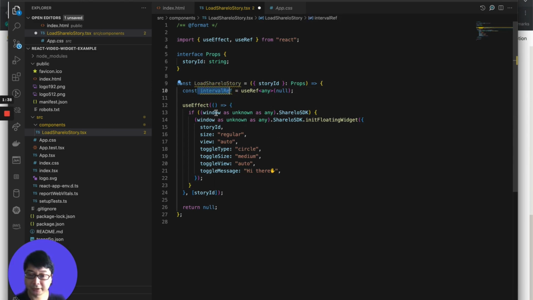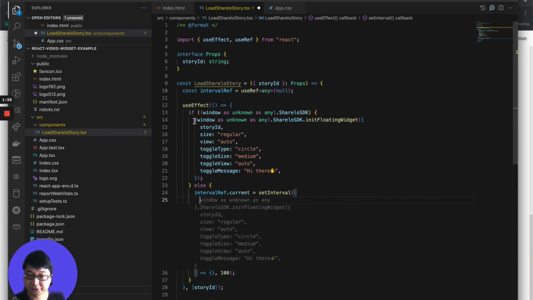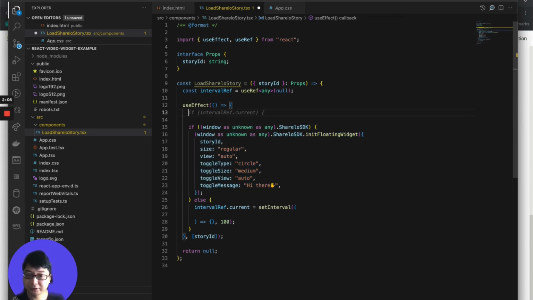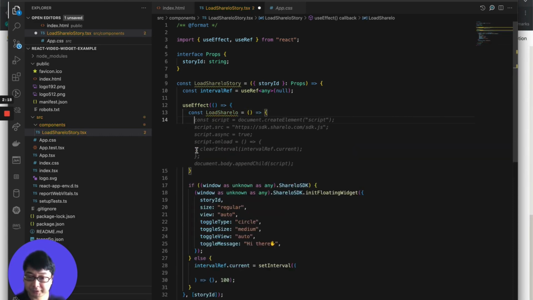So if there's no window.Sharelo SDK yet, I'm going to set maybe 100. And here I'm going to call this again, but since I don't want to repeat putting the same code, here I'm going to move this code